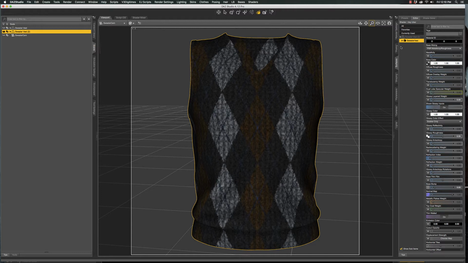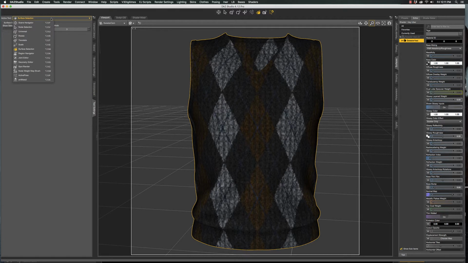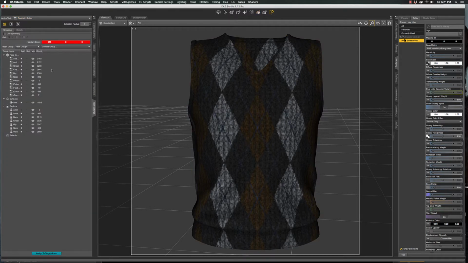Some models are easier to do this on than others, and you may try it and it may be too complicated and you can't get exactly what you want, but it's worth a shot if you want to do something quick like this. Some models are better than others, so let's take a look. If you haven't done it before, you can come over here to the geometry editor, which is under your tool settings, and then come down here to geometry editor, and it's going to show you the face groups that you